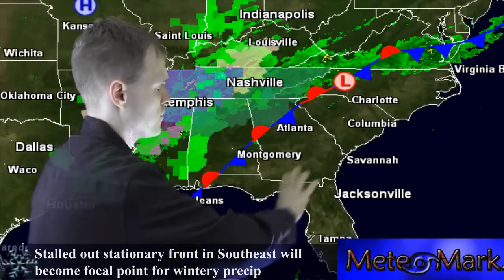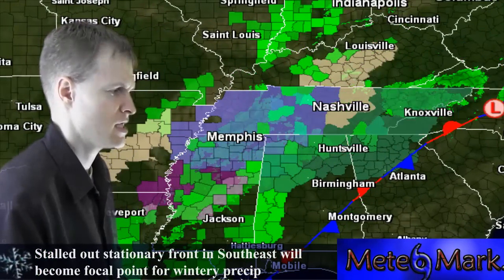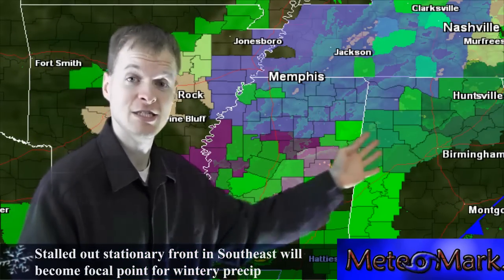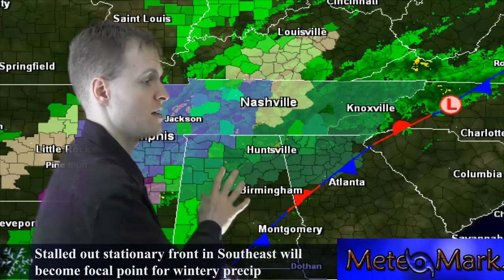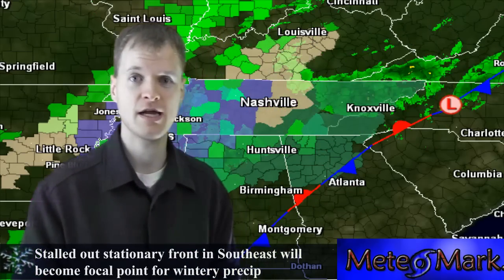We've already got some possible winter weather advisories here. I think these are minor ice accumulations. We have this overrunning precipitation continuing on the backside of this low pressure system. You can see it's moving. Actually, this low pressure system isn't moving very fast. In fact, during the next 24 to 48 hours, it's going to move very slowly across the Carolinas and southern